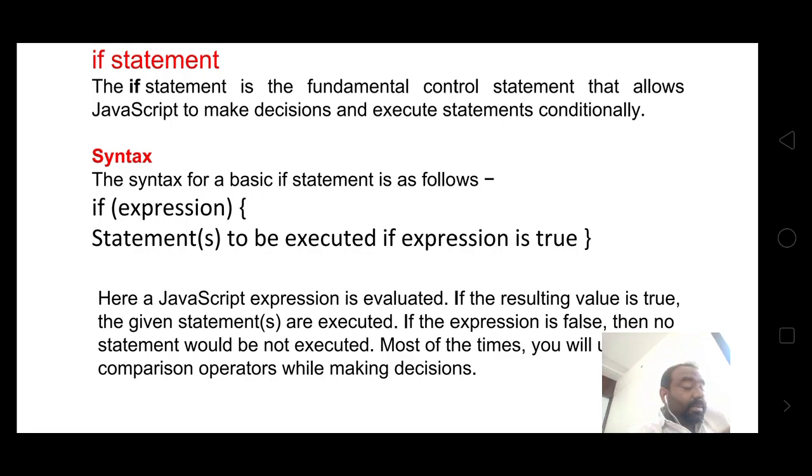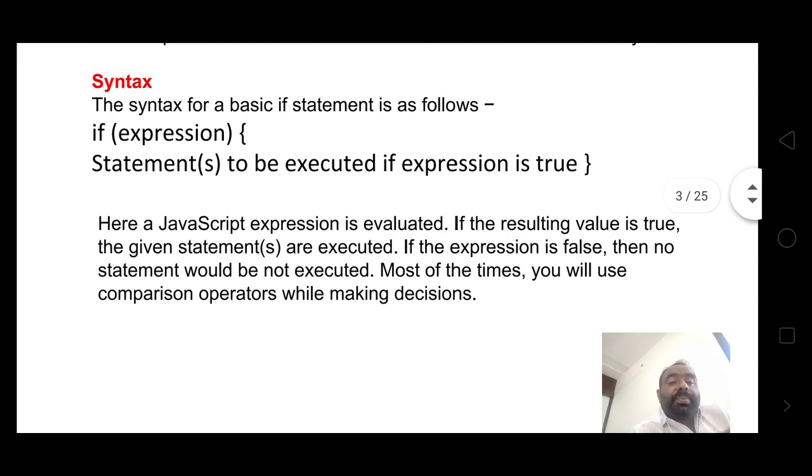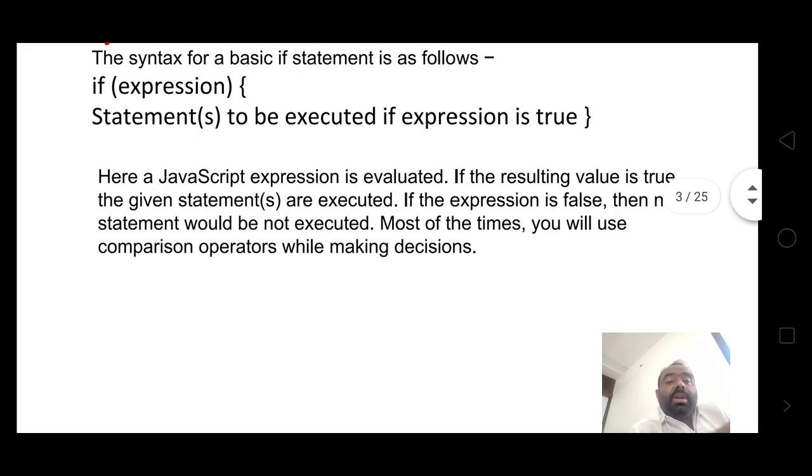Syntax for the if statement: if expression, statements to be executed if expression is true. Here a JavaScript expression is evaluated. If the resulting value is true, the given statements are executed.